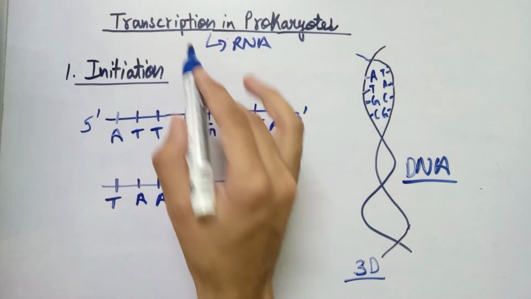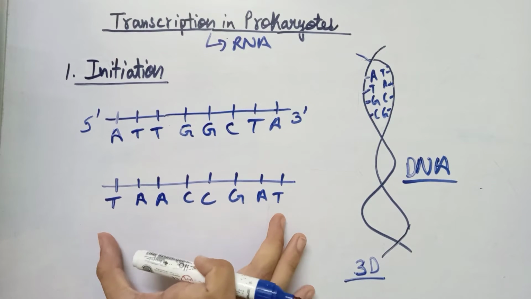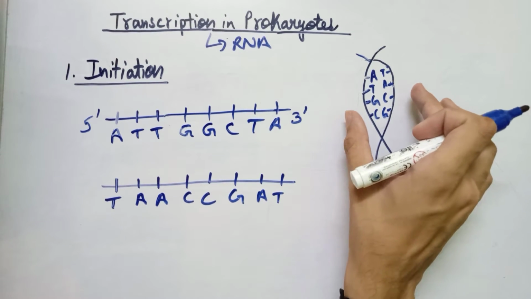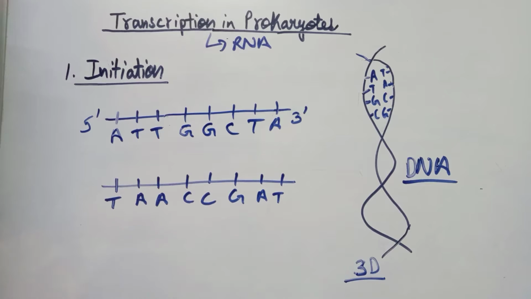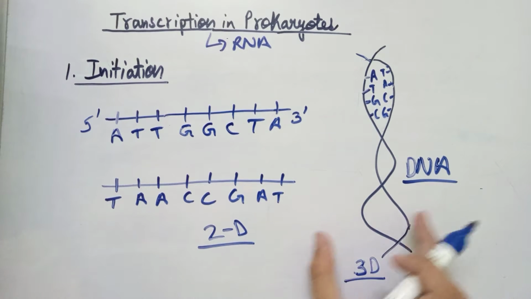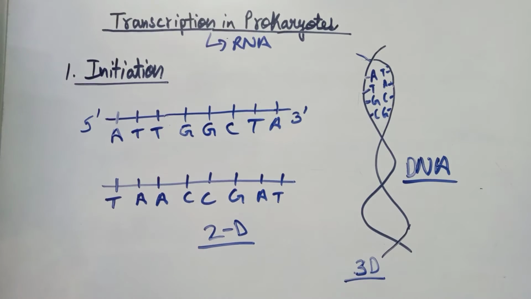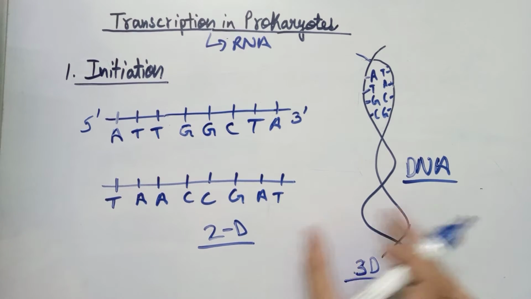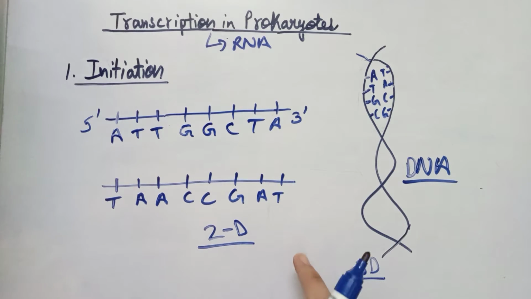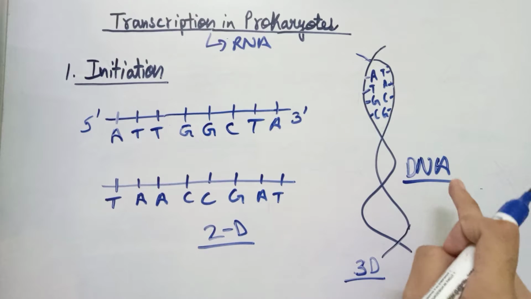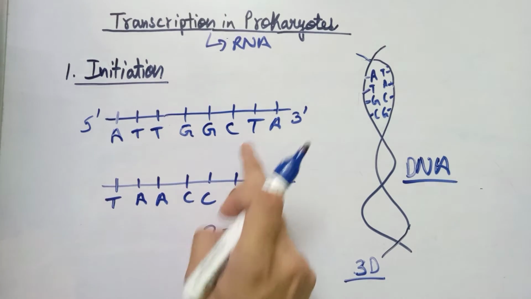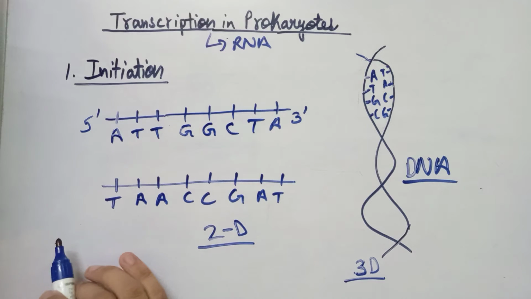Now in order to understand transcription, we take the 2D structure of the double stranded DNA. As you can see here, I have drawn the 2D, or two-dimensional, structure of the same double-stranded DNA molecule here. So don't get confused in this. I have made this 2D structure for your convenience so that you can understand this easily. These are the same structures, but the difference is that this is the 2D structure and this is the 3D structure.